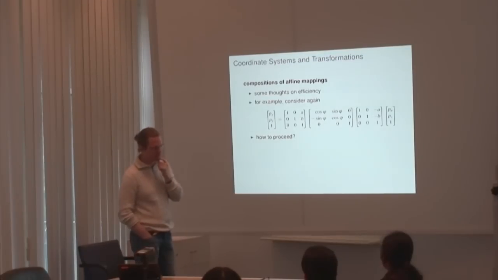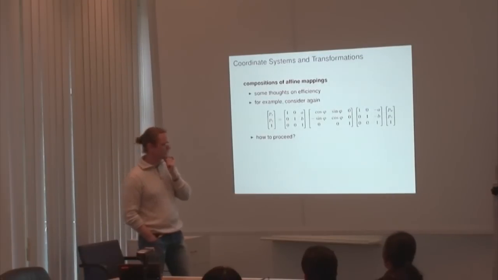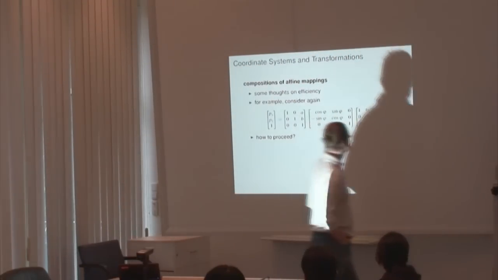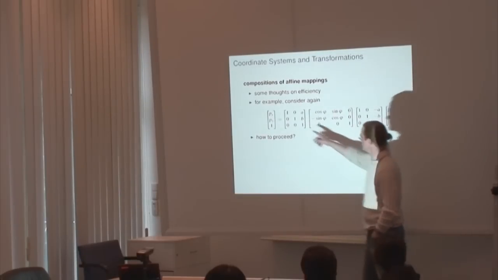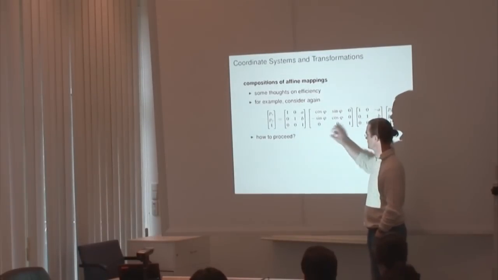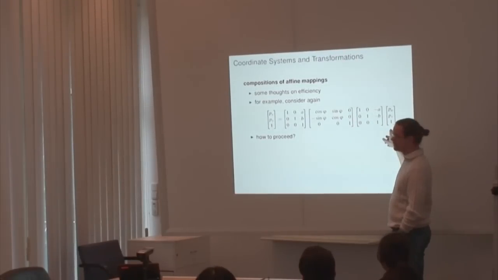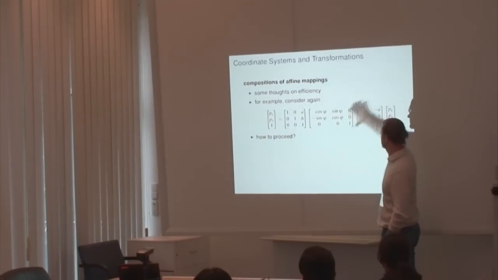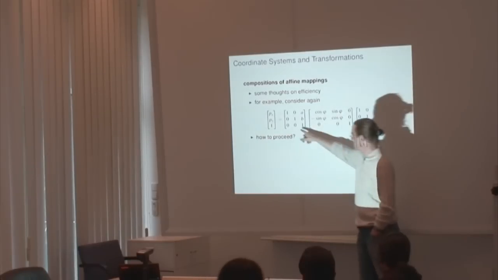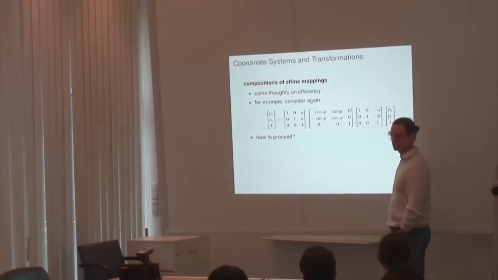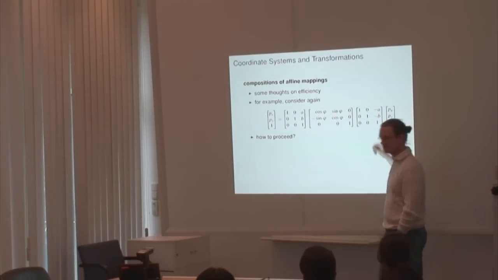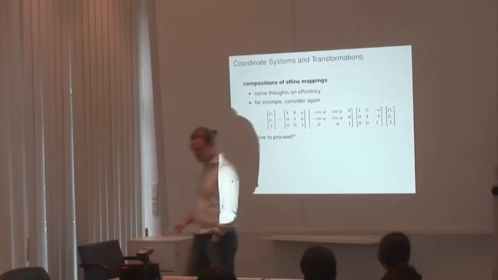By asking the question, how do we do that, what I am referring to is that we can do this, for instance, by multiplying this matrix to this one, multiplying the result to this matrix, multiplying the result to the vector. We could also multiply this matrix to the vector, then multiply this matrix to this vector, then multiply this matrix to this vector. It's different, right? It's actually very different because